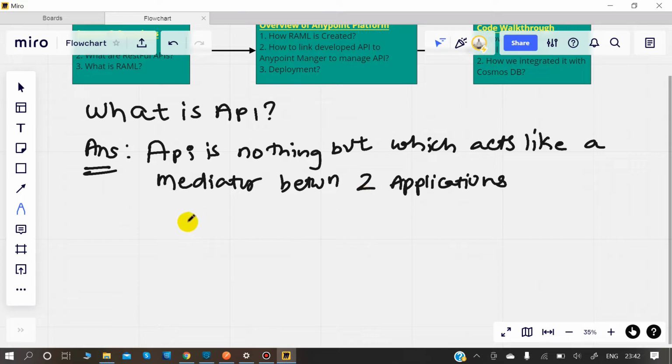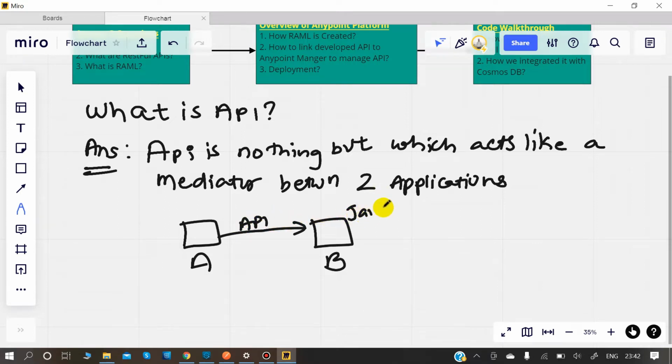Like these two applications, let's say A can communicate with B using an API. This may be developed in Java, this may be developed in Python, but they both can communicate with each other using an API.